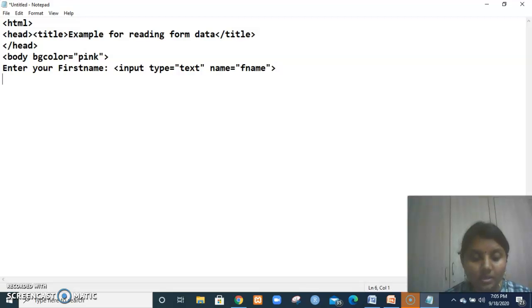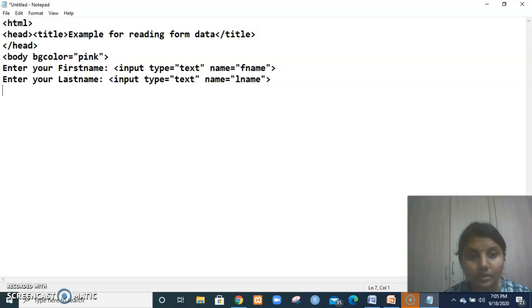Similarly, enter your last name: input type equals text and name equals lname. This is the last name. Now we have to give one submit button.